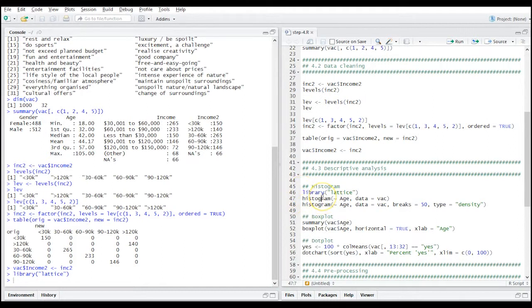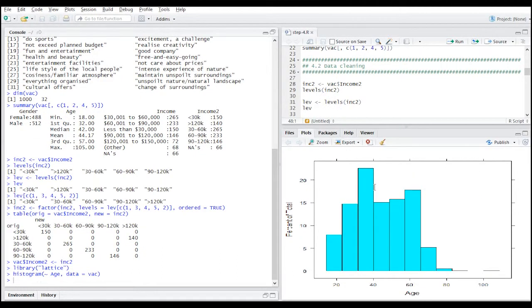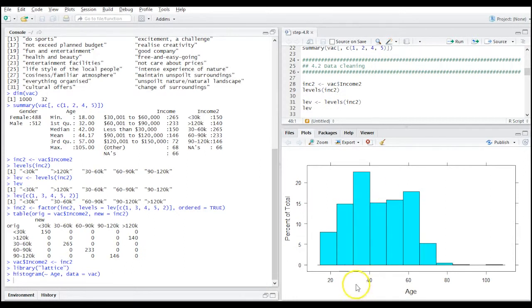The histogram function in lattice has a formula interface. So first we specify for which variable we want to have the histogram created with tilde age, and then we have the data argument which specifies from which data frame the variable age should be taken. So we create the histogram. On the x-axis is the variable age, so we see the data range. What are the observed values for age? We know the youngest was 18 years old, the oldest was 105 years old,